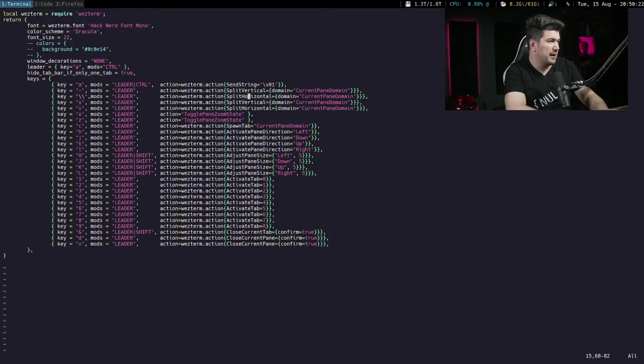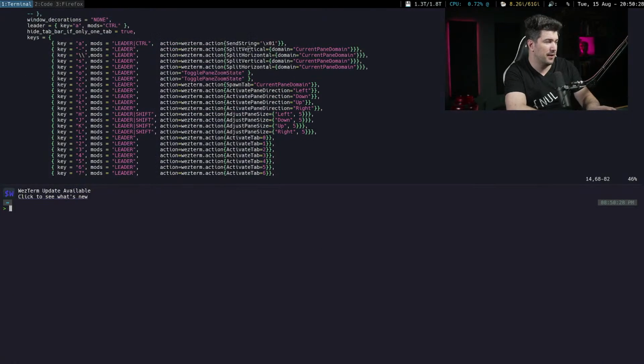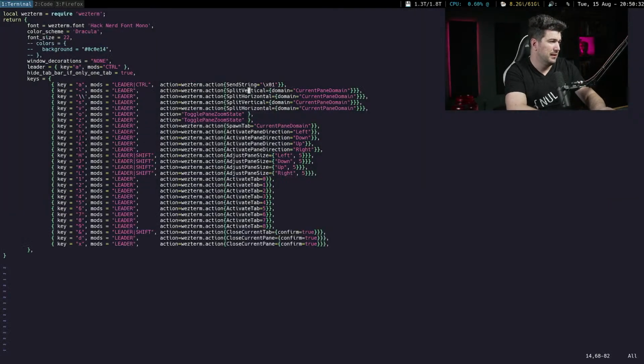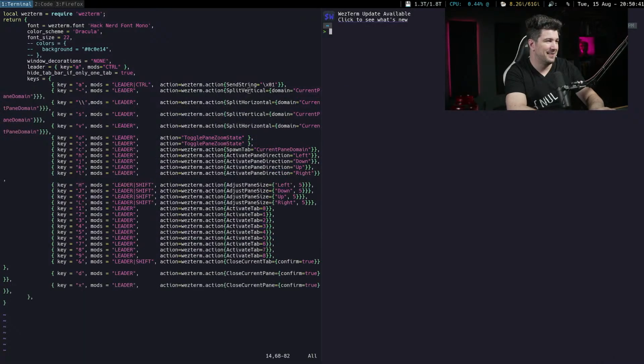So I want to do like a vertical split, which should be Control A minus. Okay, there we go. Awesome. So yeah, I set these up. Obviously, I haven't used them much. But got myself a vertical split. Perfect. You can do a vertical, and then I get a nice little thing.